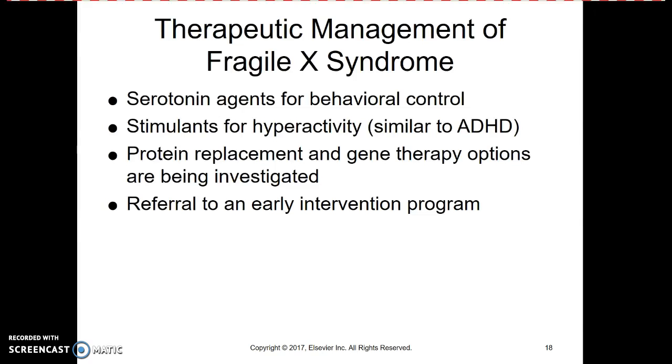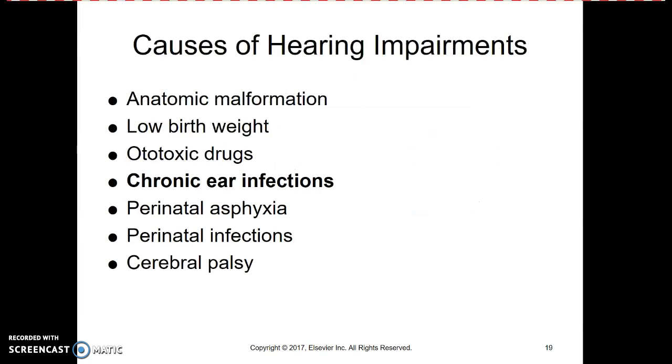So how do we treat this? Well, serotonin agents for some behavioral control, because we said behavior is a problem. Stimulants for the hyperactivity, like we're doing with ADHD. There are some newer treatments they're looking at, protein replacement and gene therapies, but really we want to diagnose this early and get these kids into early intervention programs because they really need behavioral therapy because they do have such difficulty with their behavior. So moving on to hearing impairments, we can have different causes for this, like just an